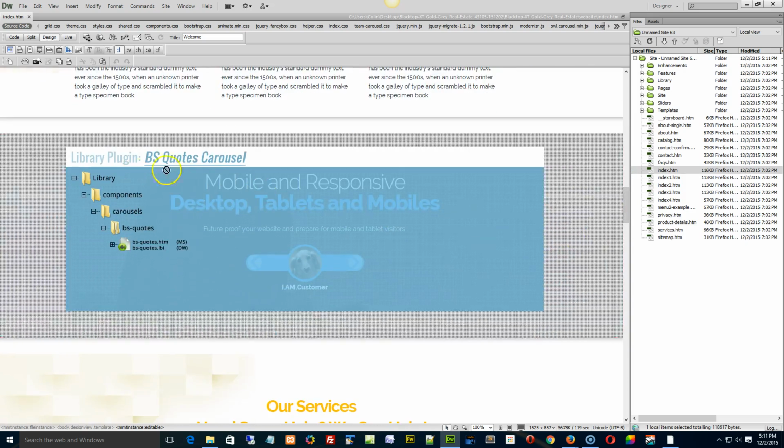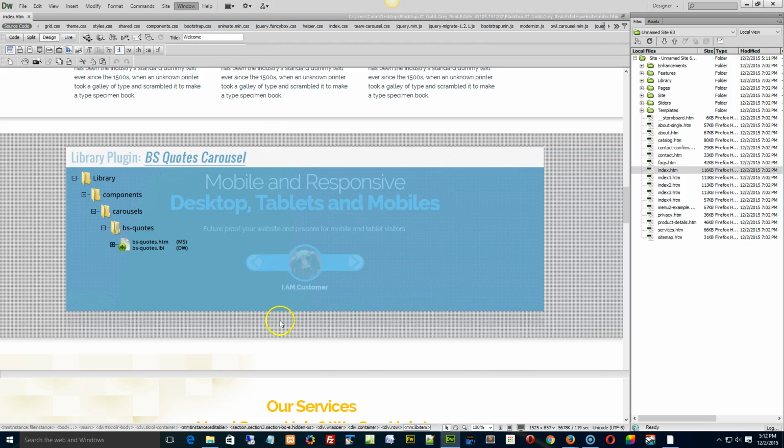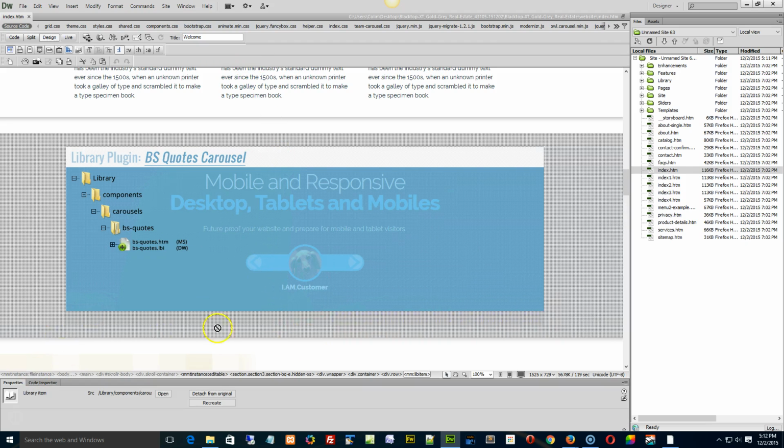But you had a question about hiding areas, getting rid of sections in the page you don't need. Let's say we don't need this quote section, right? Well, when you're working in one of these templates, you click on an area, anywhere on that area, and you look down at the quick tag selector bar down at the very bottom. Let me bring that up a little bit higher by enabling the properties here. Okay, so I click somewhere in this area, I go down to my quick tag selector,